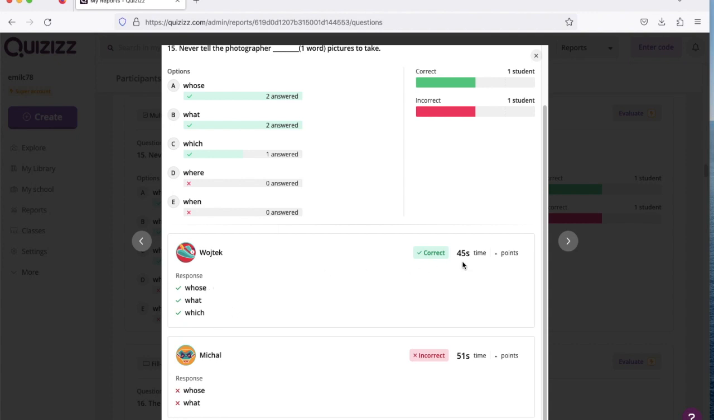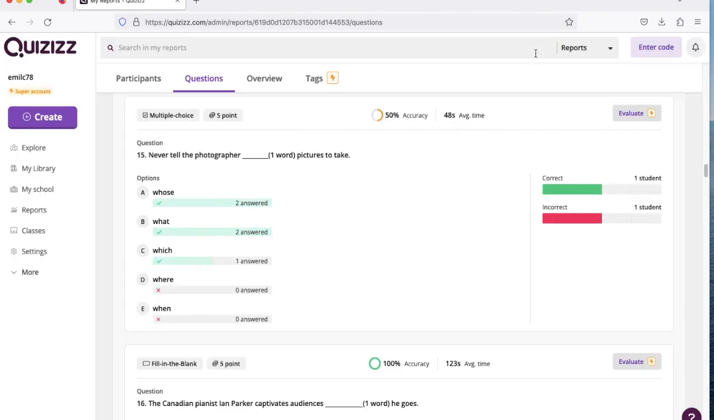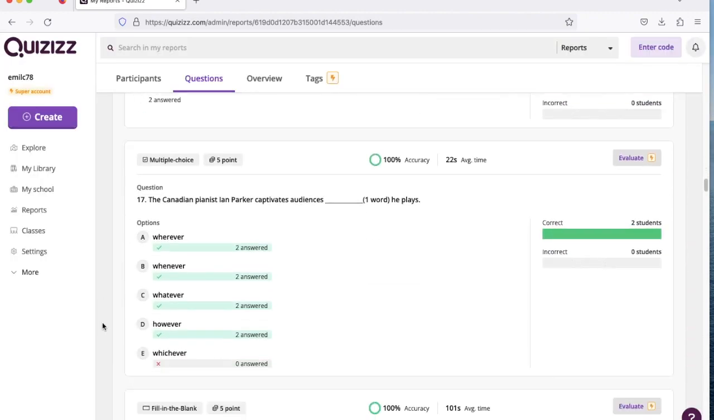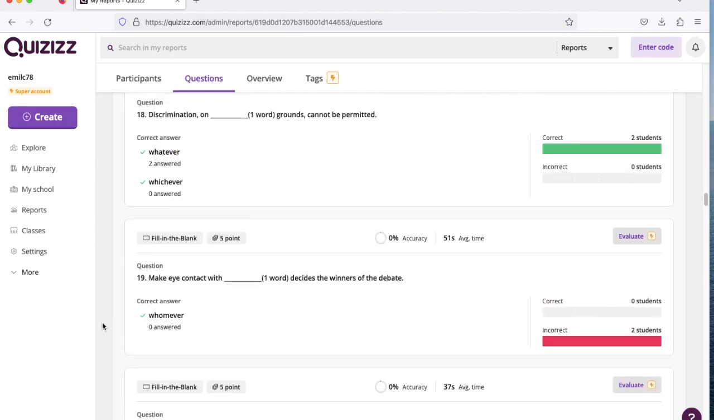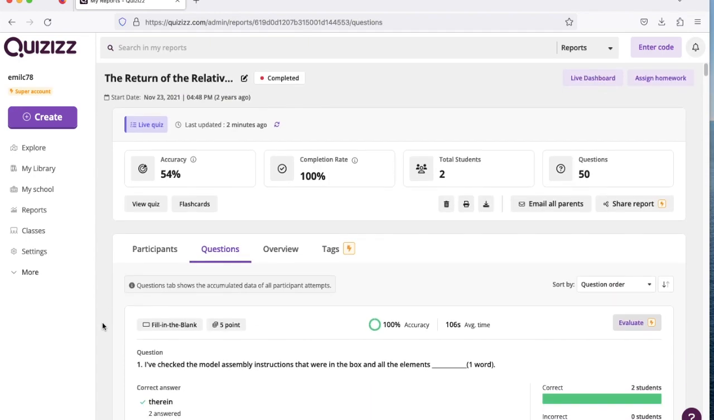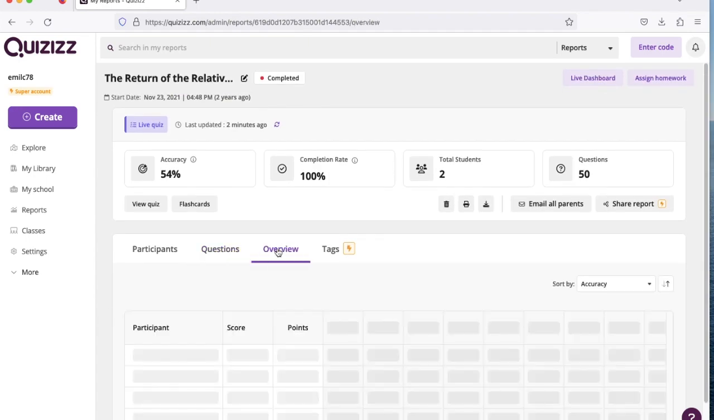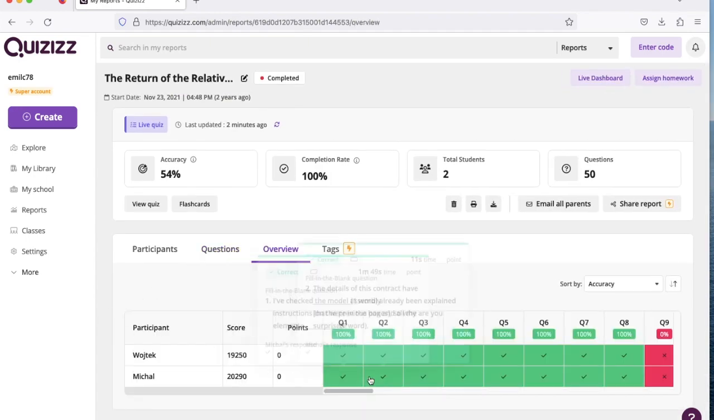The response time was 45 seconds, 51 seconds. So as we can see, Michał not only did have a problem with choosing maybe the third one, but he was contemplating the question a bit longer than Wojtek was. So this is what the reports give you. Of course, you can go through the answers bit by bit, and then what you can also do is you can go into an overview, and with the overview, again, you have the same